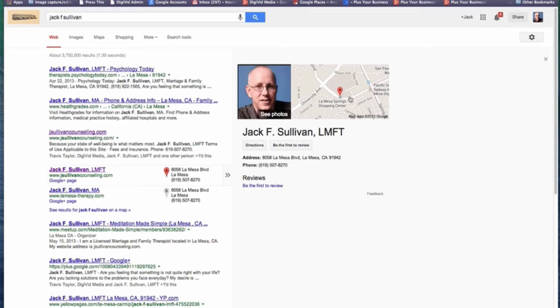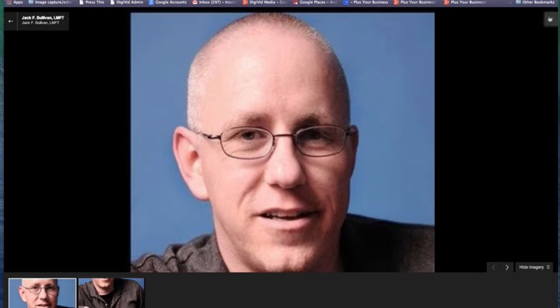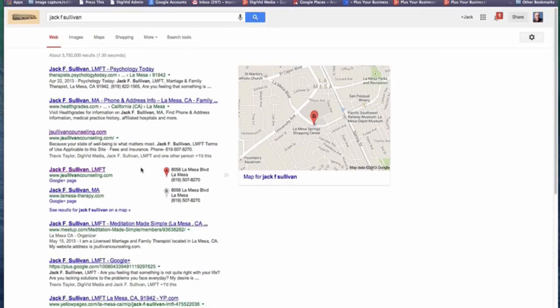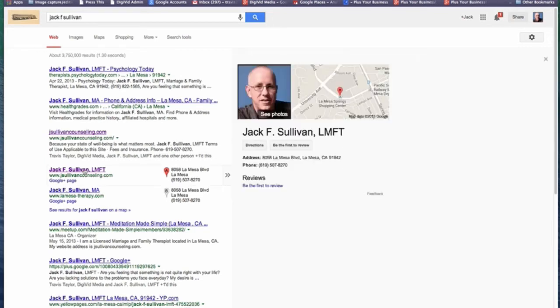Now, when we go to maps here, I want to show you something, because in a little bit I'll show you another example where it takes someone to a different page, and I'm not sure what the mechanics are behind what's allowing or not allowing various links to happen. So when you press on Jack's photo here, it just brings up a photo of him. Sorry, Jack. So come back into here and just remember that, and there'll be a point to that a little bit later.